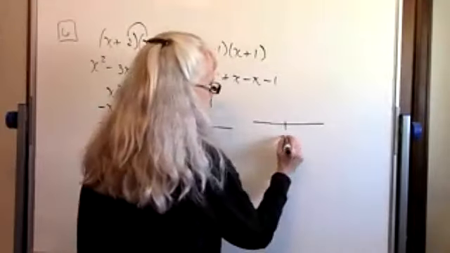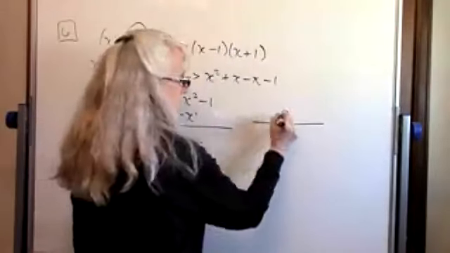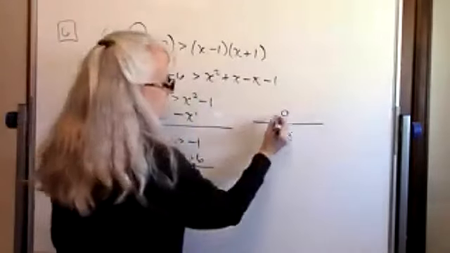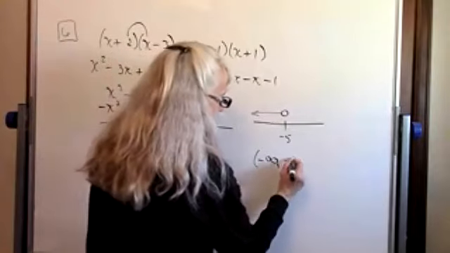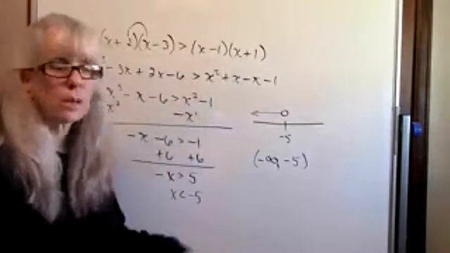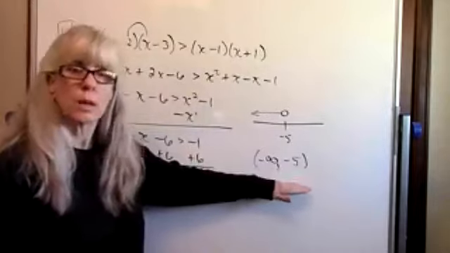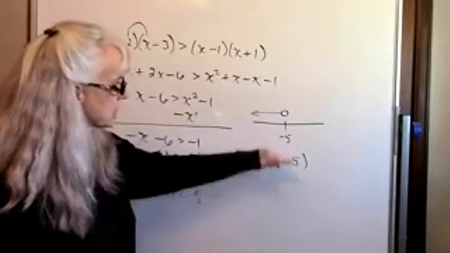So on our number line, there's the negative 5. We're going to have an open circle because there's no including the endpoint, and we need to go to the left of that. So our interval is going to go from negative infinity to negative 5 with a parenthesis. The only reason you're really graphing these is to help you get this written correctly. So it's a lot easier to match this to this than it is to go